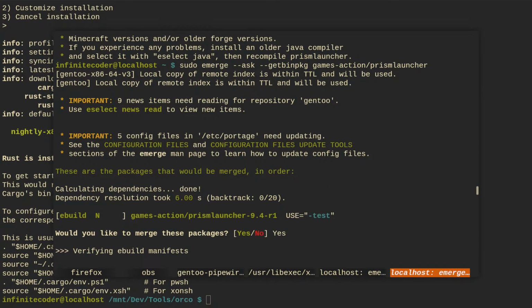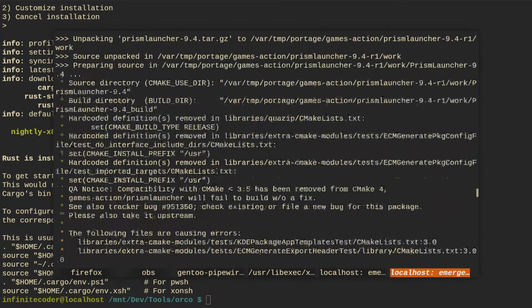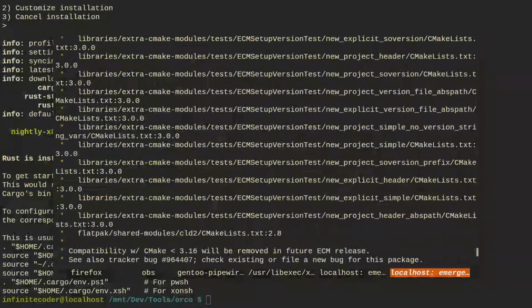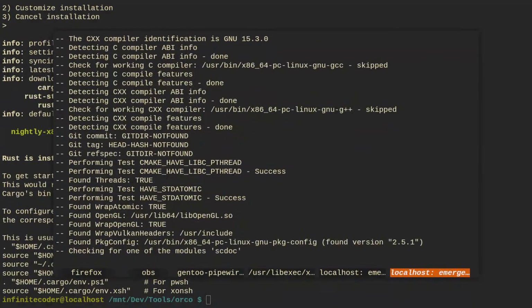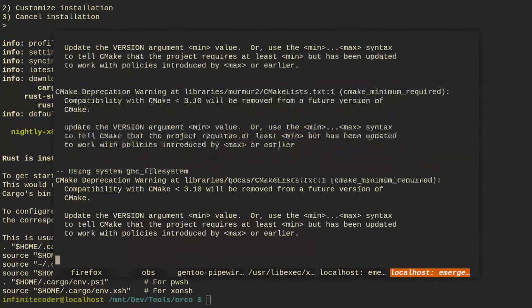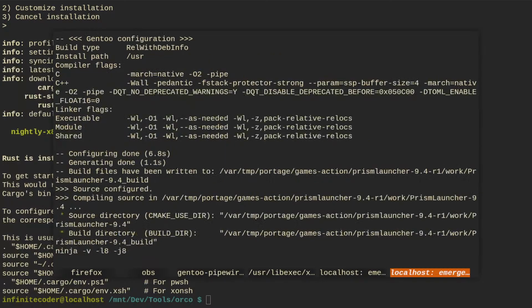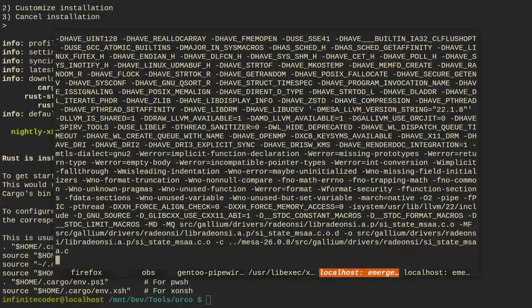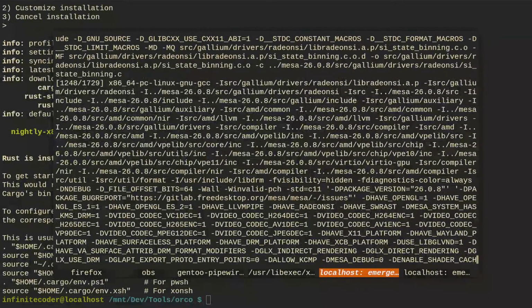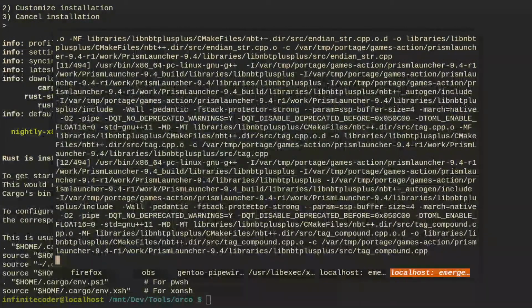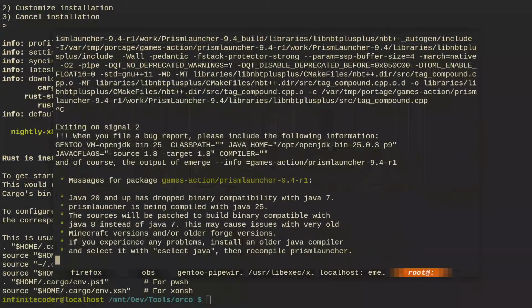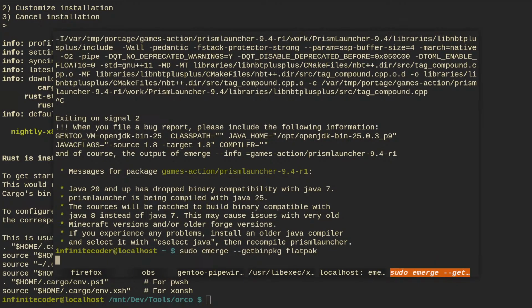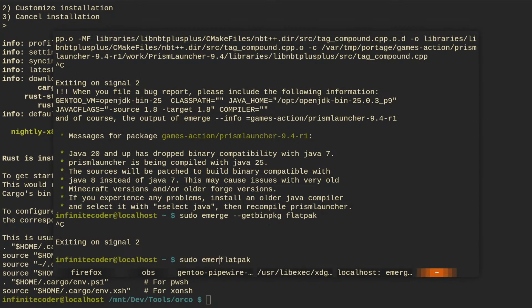Install. Would you like to merge? No, it's just, so get bin package ignores, just ignores it. I guess rest up is not available as bin package. Damn it. Also, CMake is angry. Oh well, I guess we're gonna have to install it the boring way. I guess I could install Flatpak and install Rust and install stuff from there. Wait, I don't think I have to use get bin package.